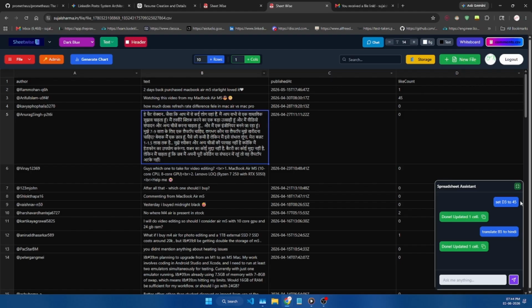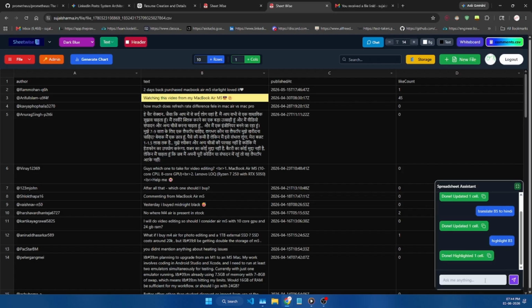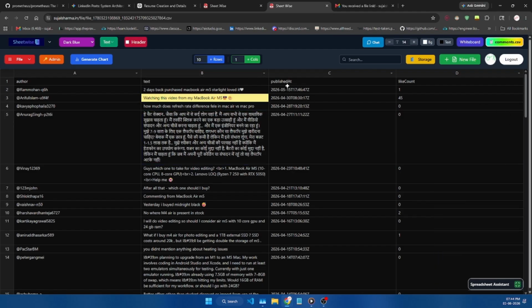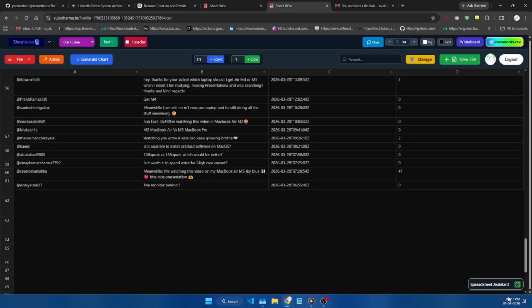And next, you can add or remove columns over here as well, but there is one more feature remaining in the spreadsheet assistant, which is highlighting the cell. So you can highlight D2 maybe. All right, you can see that it has highlighted B3, sorry. You can also add and remove columns with the help of these two buttons.